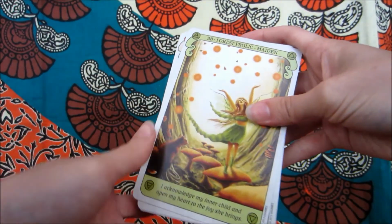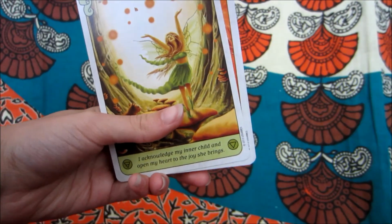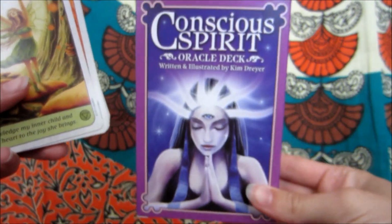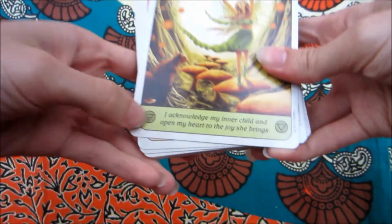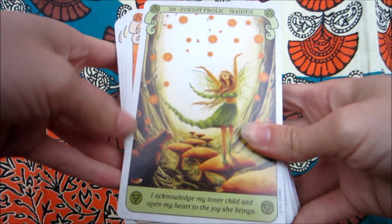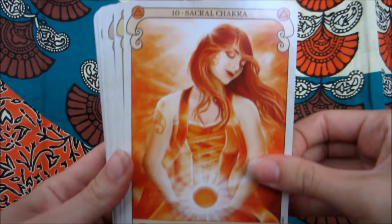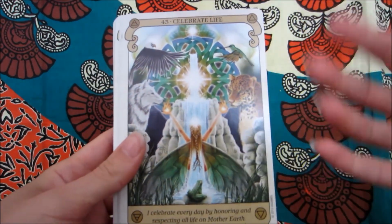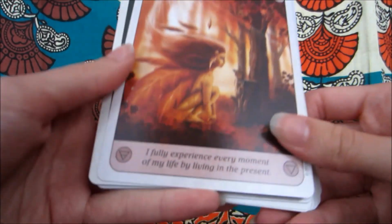This is definitely a beginner deck. I really don't use this deck anymore. I'm thinking about gifting it, but there's something about it that's really special to me. Like, this is the cover, and I feel like this is the tease. It's not really a good representation of what the art in here looks like. So it does have the element symbols, and a little bit of a key phrase here, but I just don't really feel like the front of the deck really shows you what these cards look like. So I don't really pull them very,